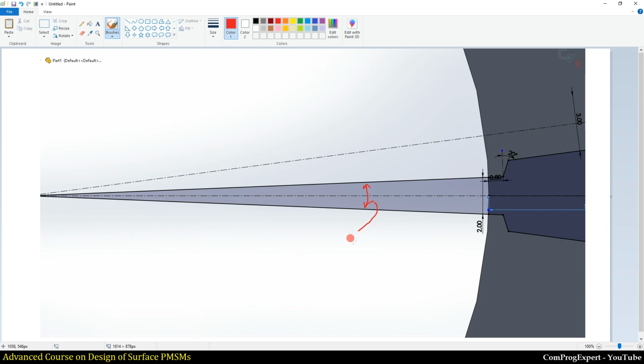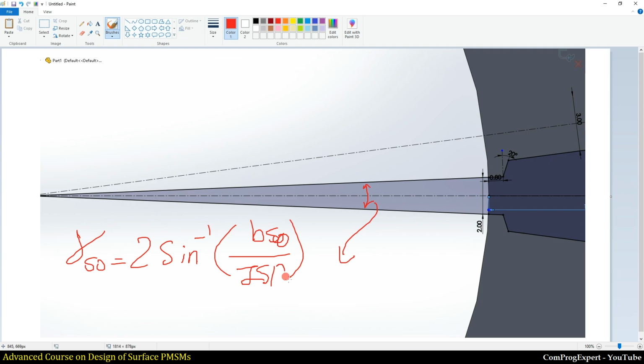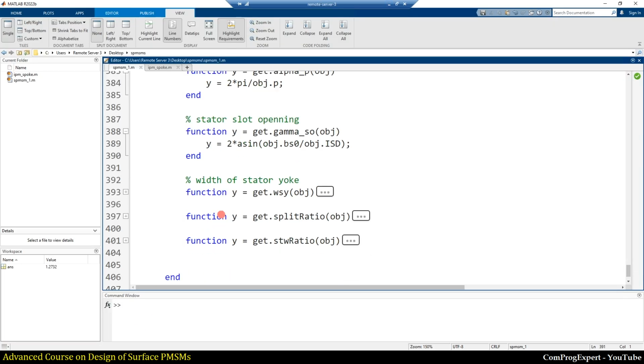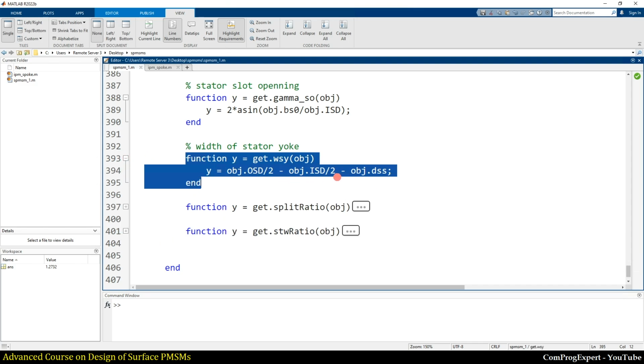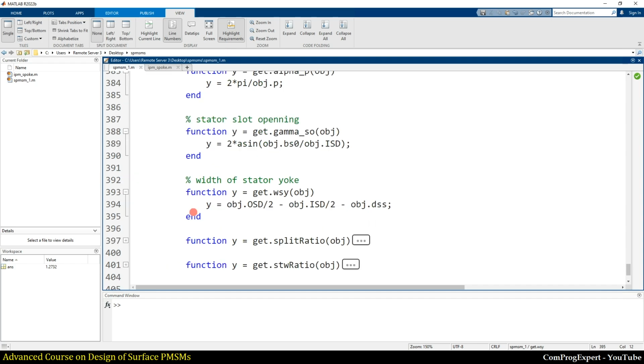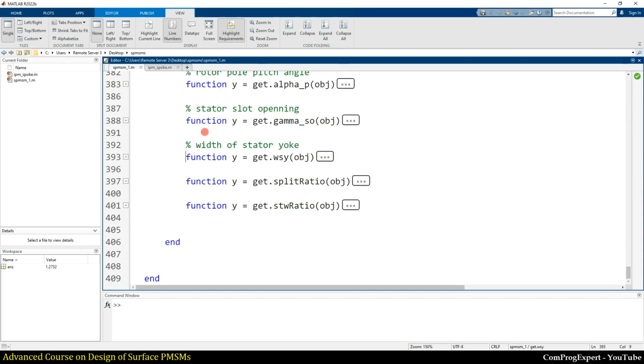That is 2 times sine inverse of BS0 divided by ISD. So we need to have this parameter also to generate the geometry of the stator core. This is the width of the stator yoke. Yes. And we have these parameters that we discuss later.